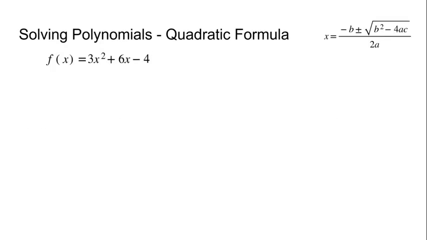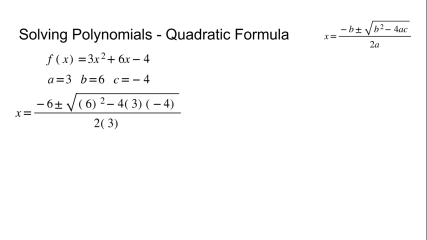So here we have a polynomial equation of this form we're looking at, 3x squared plus 6x minus 4. And in order to use the quadratic formula, I need an a, I need a b, and a c. Now, a is going to be the first coefficient, or the coefficient in front of x squared when written in order of exponents. B is going to be the second coefficient, and c is going to be our last coefficient, or the constant of our function. I go ahead and plug the a, b, and c into the formula you see on the upper right-hand side,